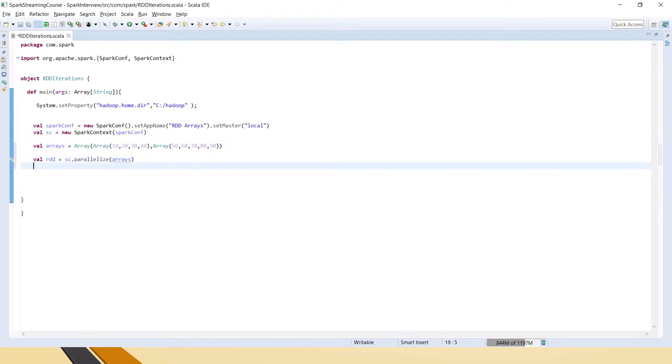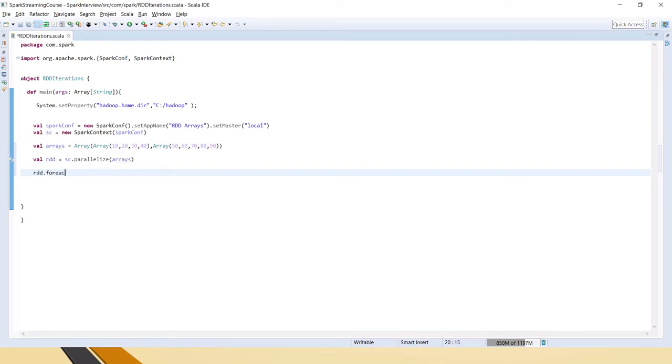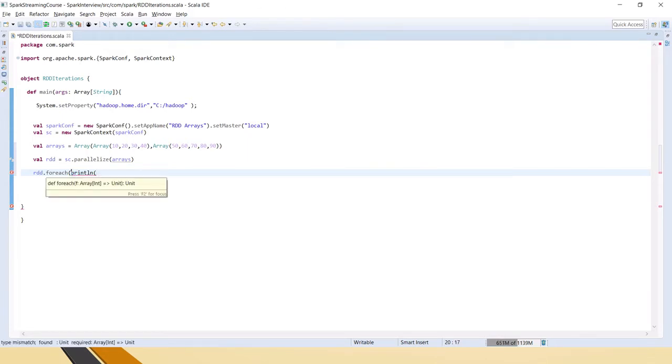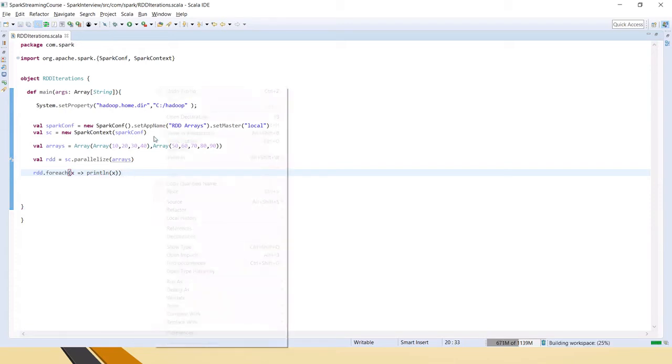Okay, so now let's see what is the size of it, because we cannot print directly now. So let me just print the size of this array and see what exactly will be there. So I will say k dot size. So we have taken foreach, right? In the foreach we have to give the variable. So x, I am taking println of x. Okay, so now I have saved it, I am running it.